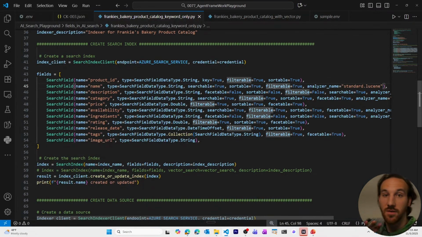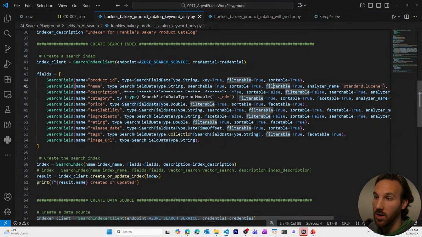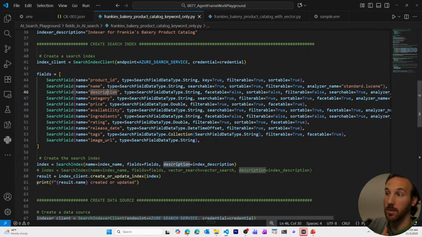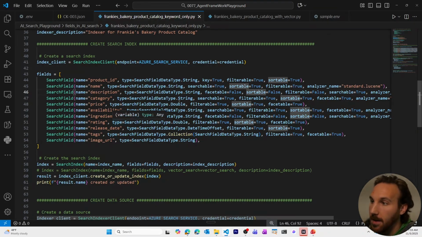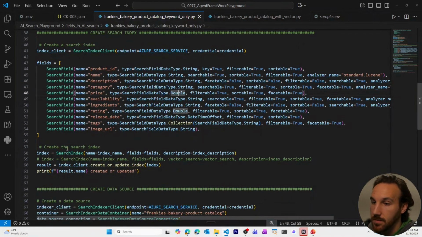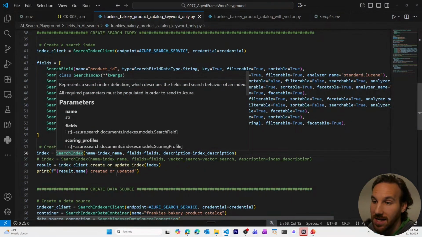I'm creating another video in the future that will talk all about how the fields work and how you can query using different types of fields when it's relevant. For example, with a long field with descriptions, you don't necessarily need to sort based on a super long text field. It's not really very helpful. So you set up all your search fields here. Then we create our index,